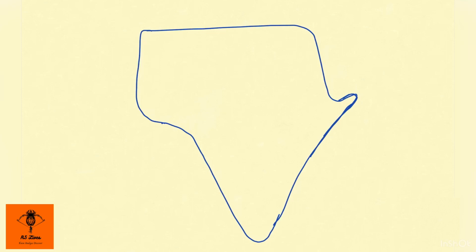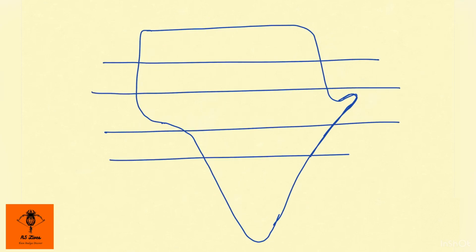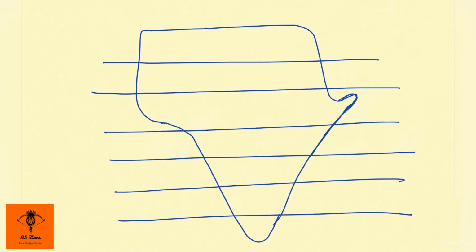Now what we are going to do is divide the continent into 7 parts by drawing 6 horizontal lines, and these lines do not need to be equidistant, but they can be equidistant also. So we have 1 2 3 4 5 6, so we have 7 spaces. Now remember the magic number 4666441 and write it over here, 4666441. These are the number of countries in each gap actually.